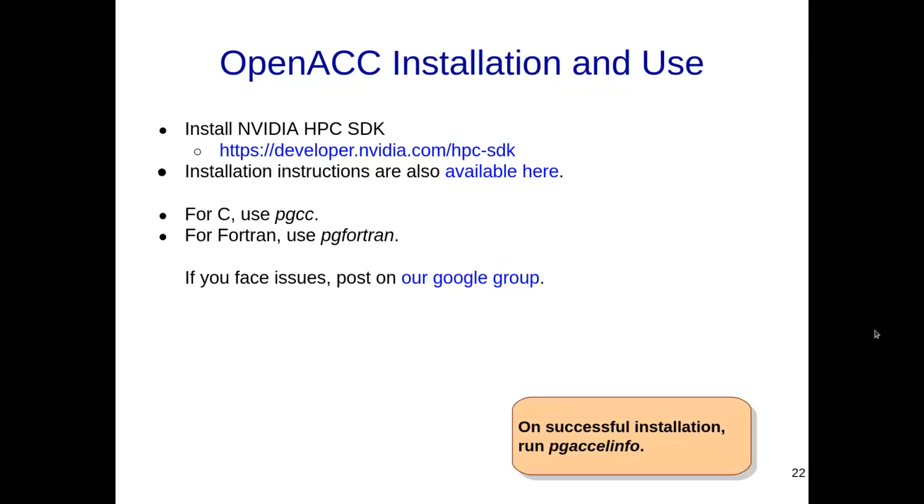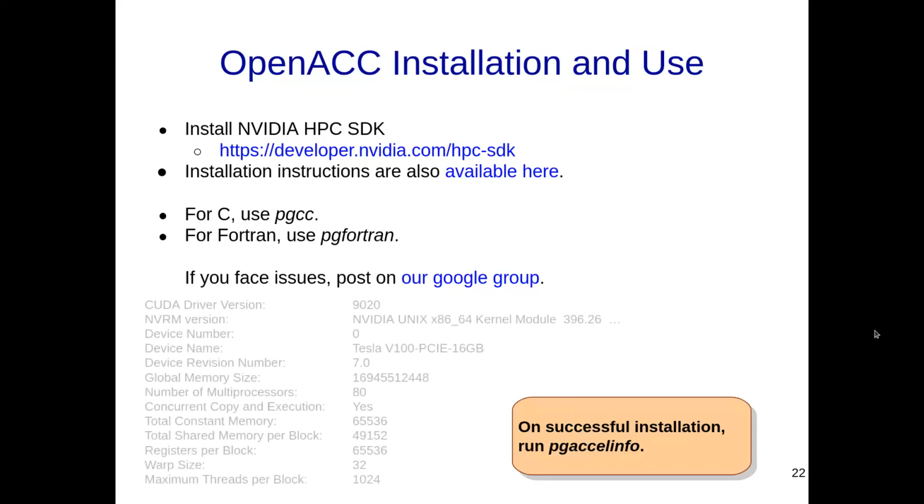Right, so this PG comes from that PGI. We said that there is a PGI group which is also part of the consortium which developed the OpenACC standard. So that PG comes from there, and accel-info is essentially the accelerator information, which can give you some information about your installation as well as the GPU associated with your machine. Right? So you might get some output, something like this, where you specify some sort of a driver version,